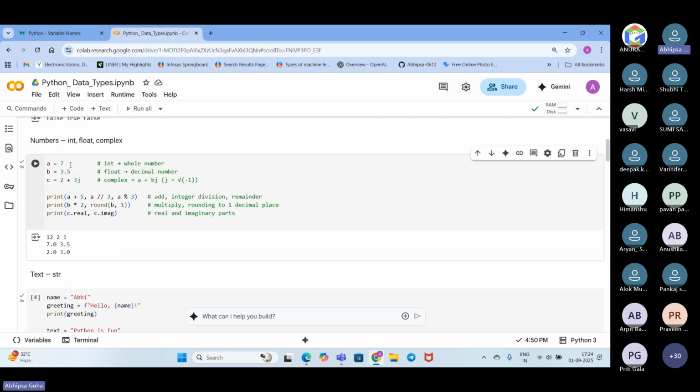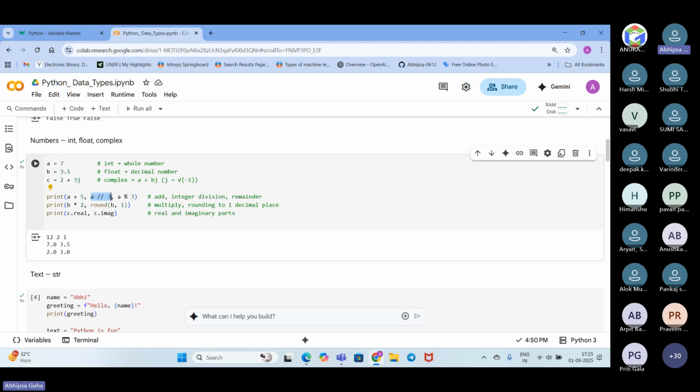For this, we are adding A plus 5. A is 7, plus 5, we get 12, and then we are doing integer division. So a divided by 3, that is 7 divided by 3. In case of any normal division we would get a float value, but here only the integer value we will get. 3 twos are 6, so 6 comes down and 1 is the remainder.